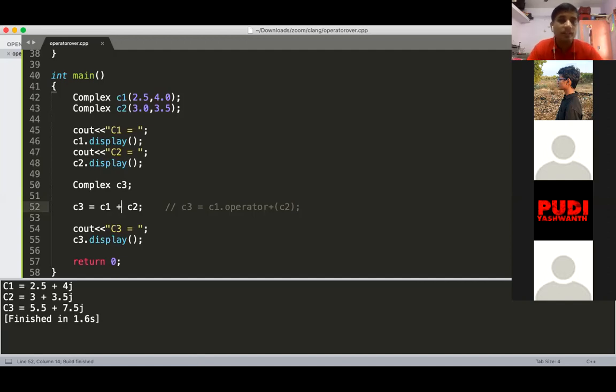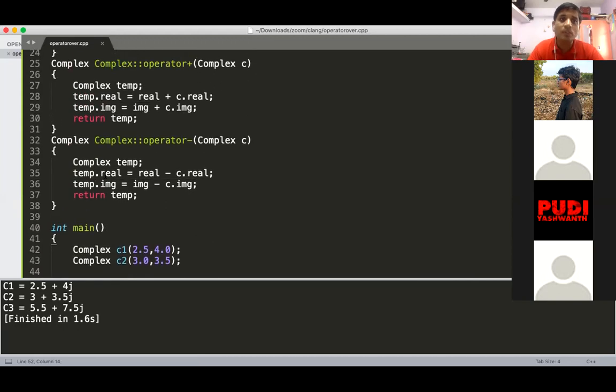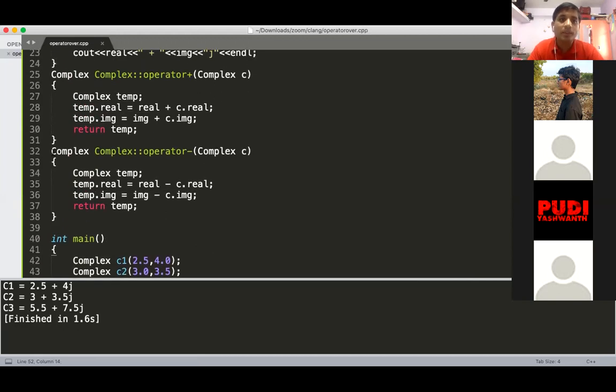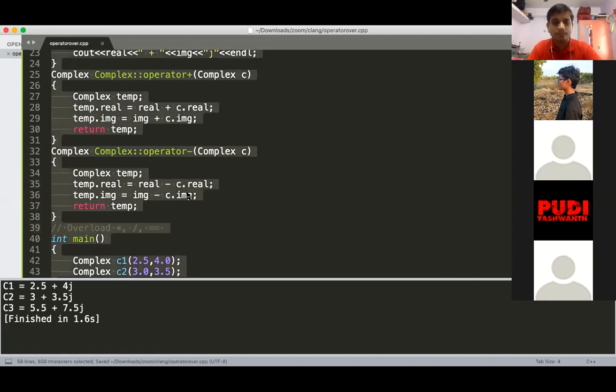Now there is homework for you. You have to implement the remaining operators: overload the multiplication operator, the division operator, and the equal to operator. So these three operators are your assignment. I'm sharing this program with you.